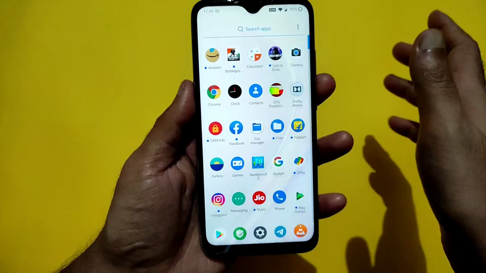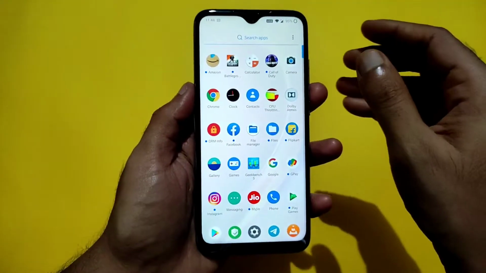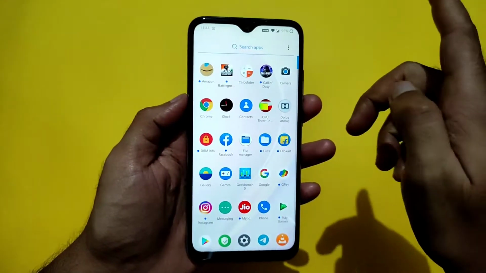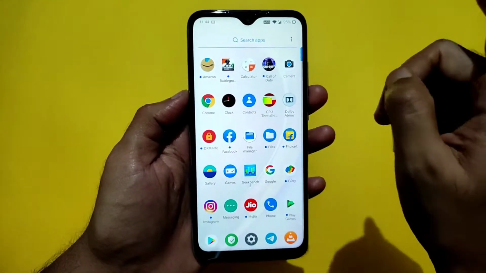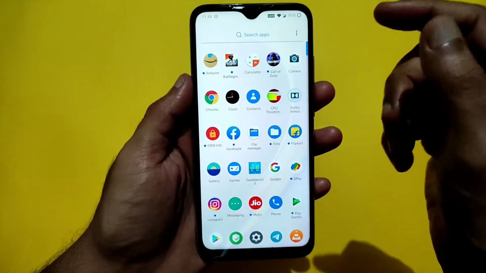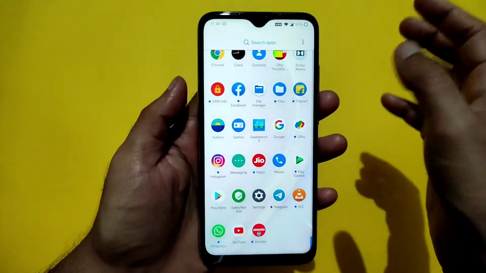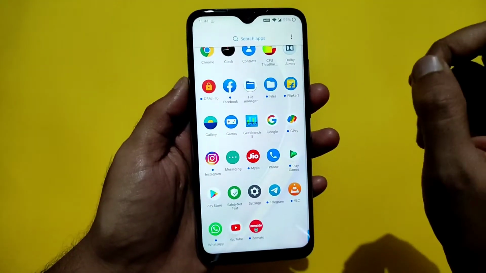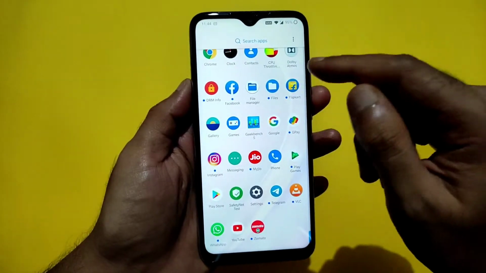It's a good ROM. Yes, it's an Android 10 build only. I already made a video on the Resurrection Remix Android 10 build ROM. Do check out that video. You will understand more about Android 10 and the customization that people like, rather than the Android versions. I explained there. Please do watch that video and come back here.